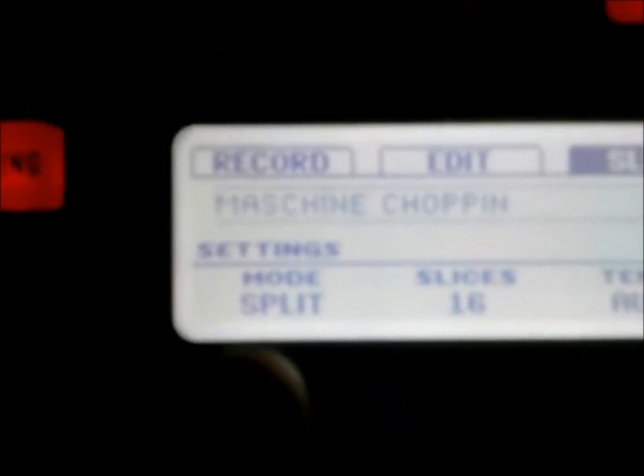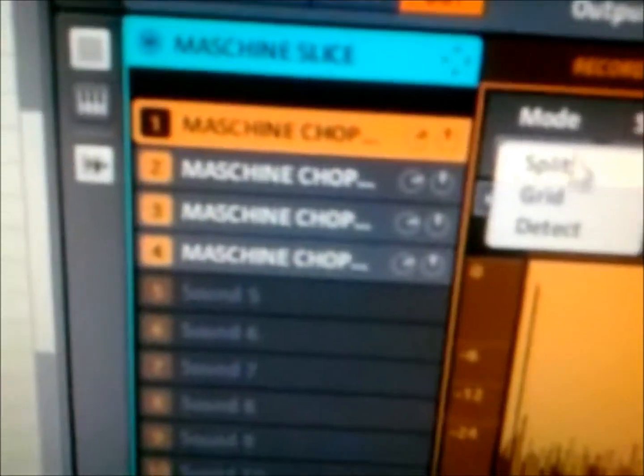Now you can see right here where it says settings, you have different modes, just how I was showing you previously over here, where you can go between split and detect, as well as grid. I'm using split right now. So over here, this is the third tab when you hit the slice tab. Now you can adjust the start and end points here. What you want to do is click on this button here where it says edit. Now when you click on the edit button, you see you have the start and the end points on the slice tab. Now by moving this knob here where it says start and end,